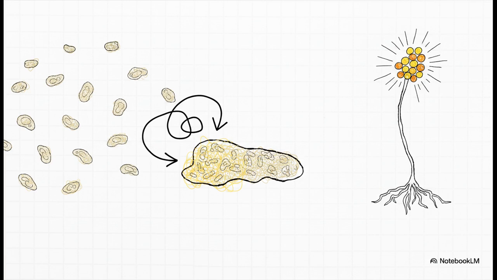Usually, they're solitary single-celled amoebas, but when food gets scarce, hundreds of them chemically signal each other and aggregate into a multicellular slug. Eventually, they form a fruiting body where some cells intentionally die to form a stalk, literally sacrificing themselves so the cells at the top can survive and reproduce as spores.